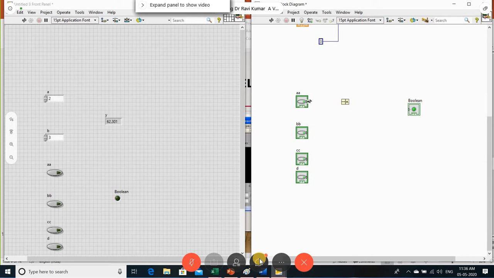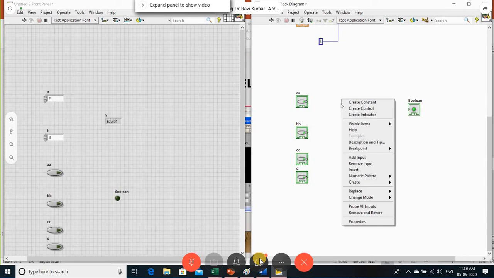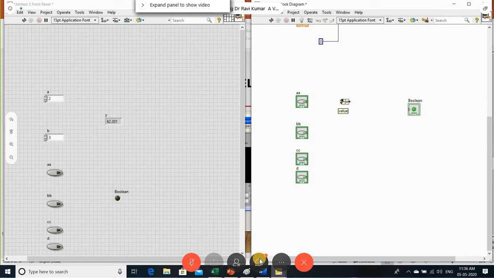Okay. So here I need to use that A bar. So this input is supposed to connect to this A bar. What am I supposed to do? I should invert. So go to that particular icon node, right click on this. There is an invert. You can observe that there's a bubble. It indicates that whatever input you give to this particular line, it is inverting it. So that A means it is A bar. Okay. Next, I connect it to the B. So what I'm getting as the output is A bar B.